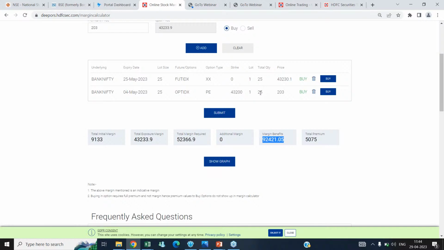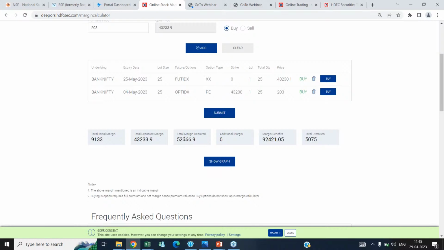Since you are hedged in this position, the margin requirement reduces significantly, and through the margin calculator you will be identifying how much margin will be required if you do this kind of strategy. Now, if you want to execute this strategy with just 53,000 rupees of margin, then first you need to initiate a buy put option where only a premium amount is involved, that is 203 rupees into 25, approximately 11,000 rupees of premium would be dropped, and then you need to initiate one lot of buy of Bank Nifty